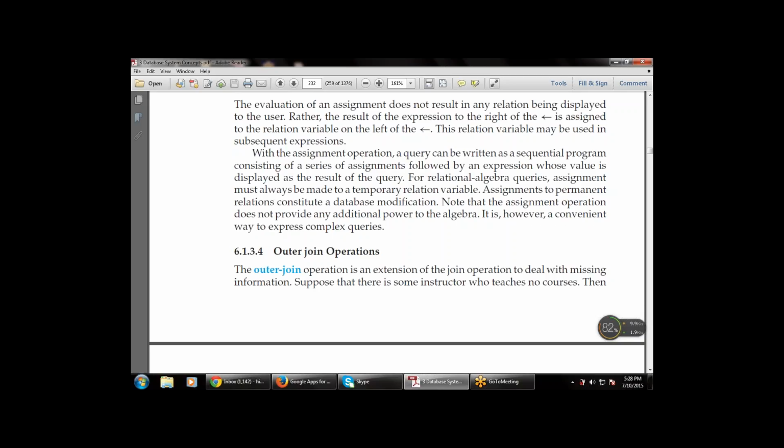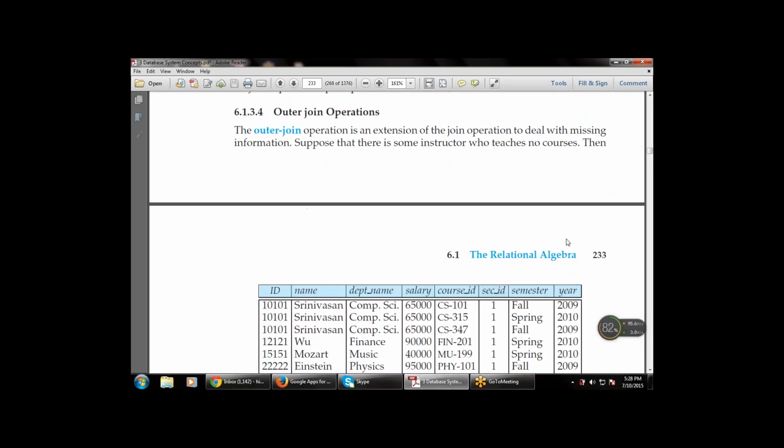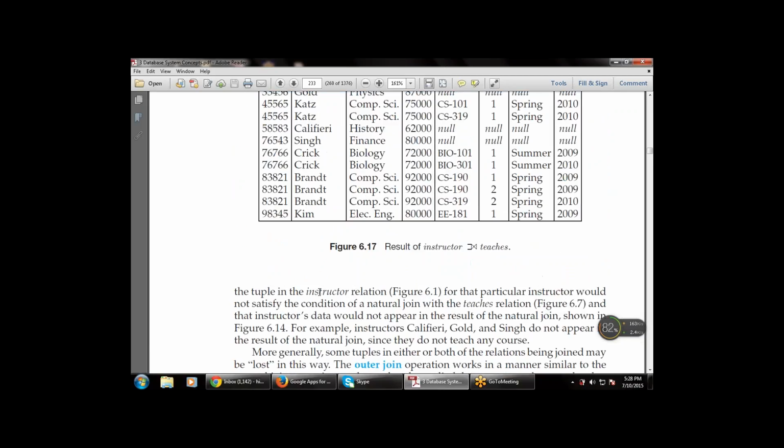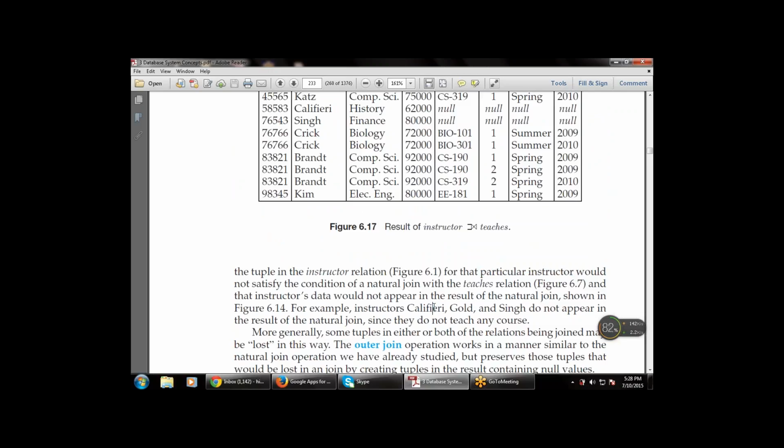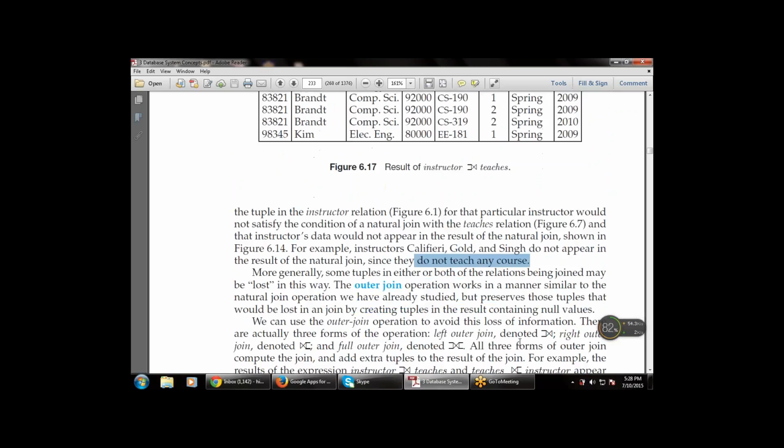Suppose there is some instructor who teaches no course. Then the tuple in the instructor relation for that particular instructor could not satisfy the condition of a natural join with the teaches relation. For example, instructors Gulfi, Gold and Singh do not appear in the result of the natural join since they do not teach any course. More generally, some tuples in either or both of the relations being joined may be lost in this way. The outer join operation works in a manner similar to the natural join operation that we already studied, but